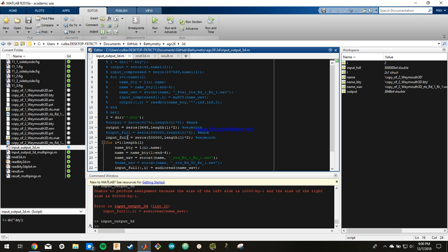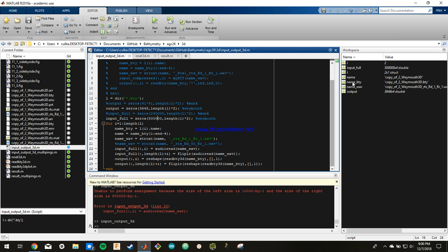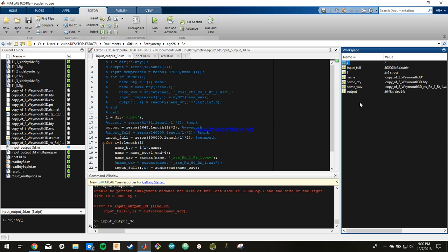And that's one of the issues with the file sizes changing when you generate them. There needs to be a way for this input to pull that data size before it creates its input array. And it creates input full, and it creates output, and these are the bathymetry files and the sound files needed for the neural network. The next file you want to open up is